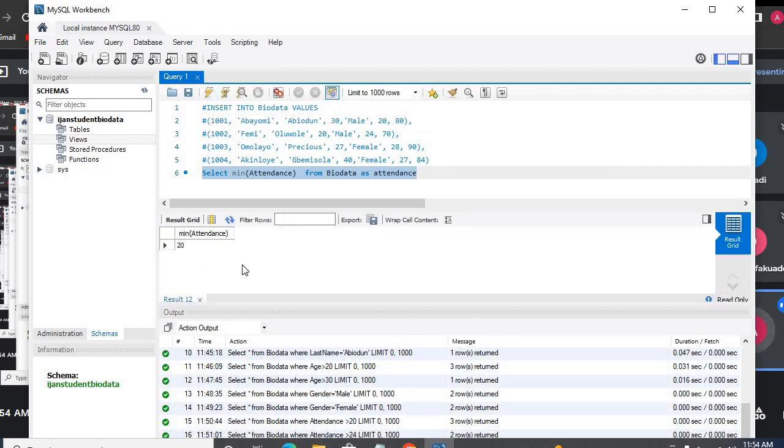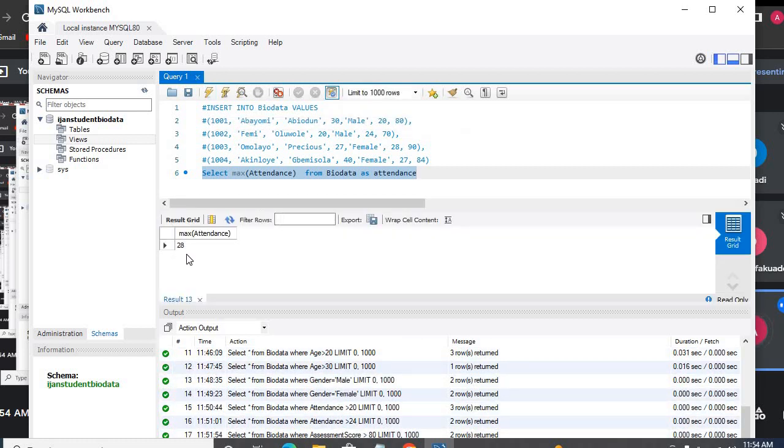So the mean of our attendance now is the minimum of our attendance, that is the minimum time that people attend the classes is 20. So if I want to check for the maximum time that people attend classes, that is the person that has the highest. So if I use max now, it gave me that the maximum attendance is